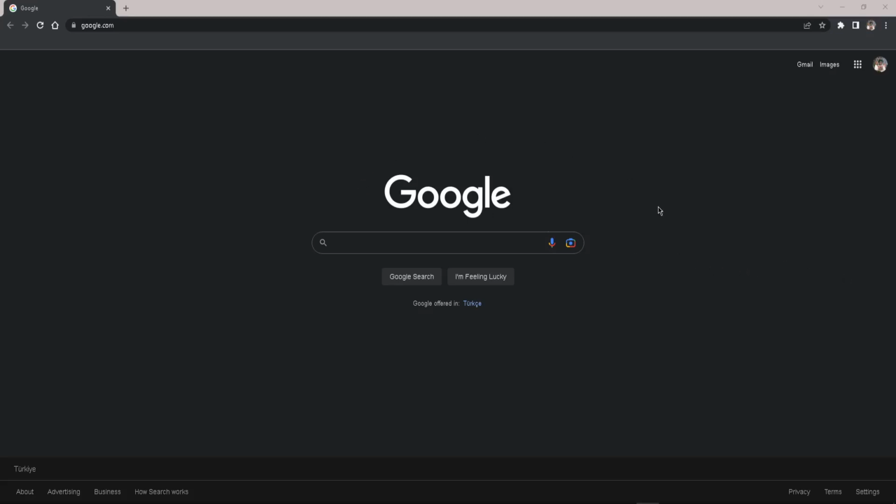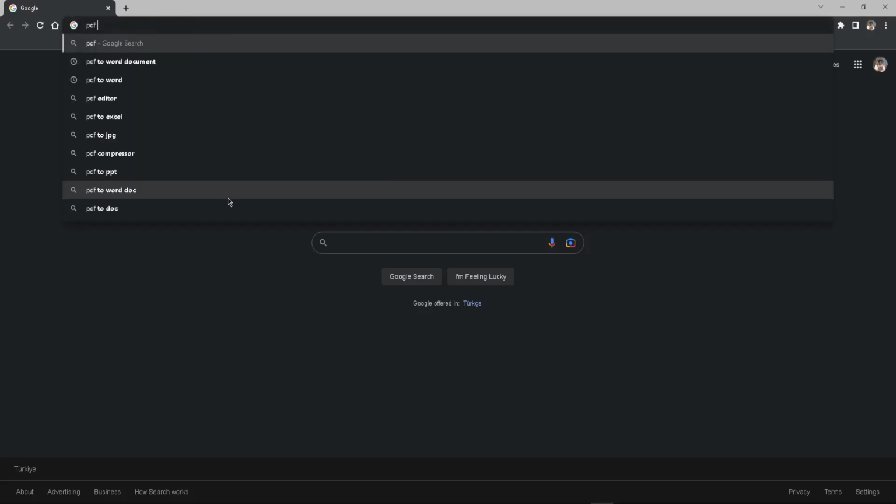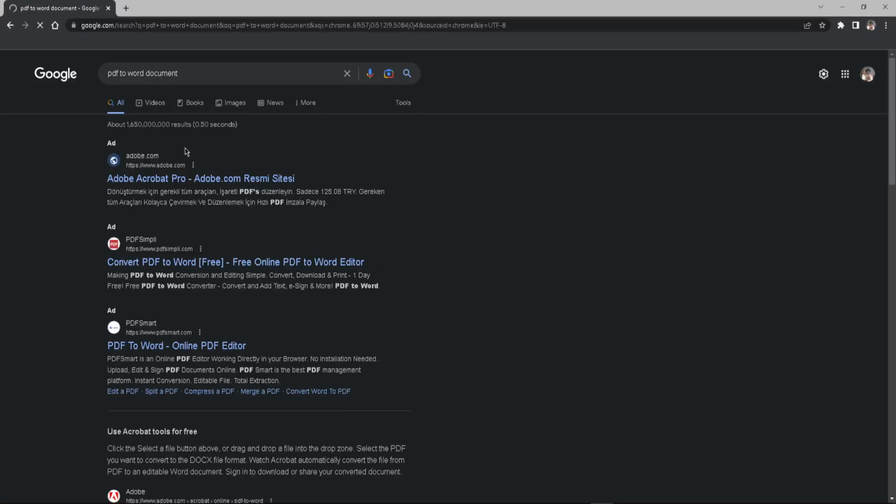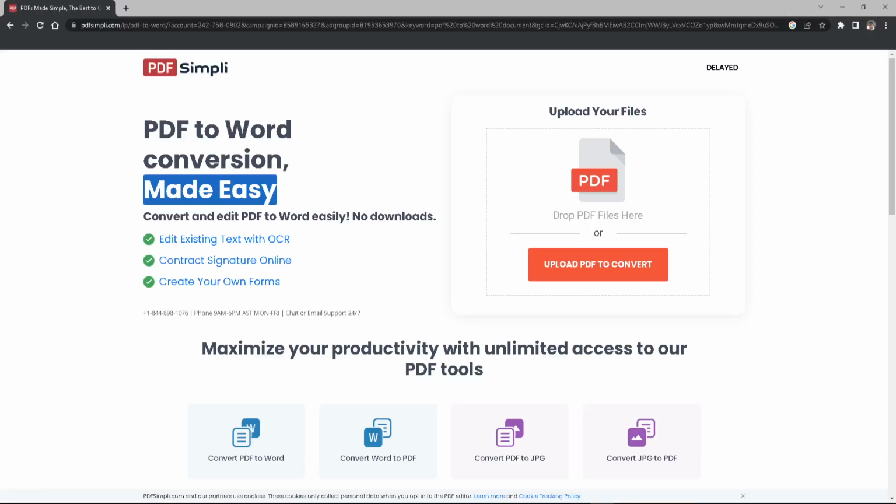on it. To begin, we're going to be opening up our Google Chrome browser right here. As you can see, you can either search using the top or the bottom. I'll use the top for now. We're going to be writing PDF to Word documents, and you simply want to press enter. Then it should be the first website right here, pdfsimply.com. We're going to open up the website, and from here all we have to do,